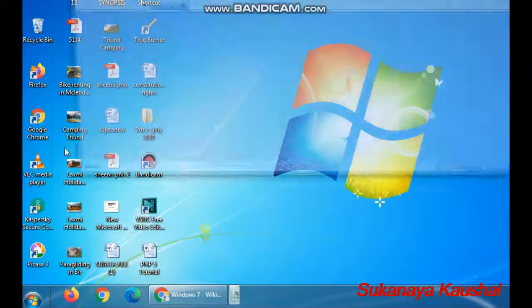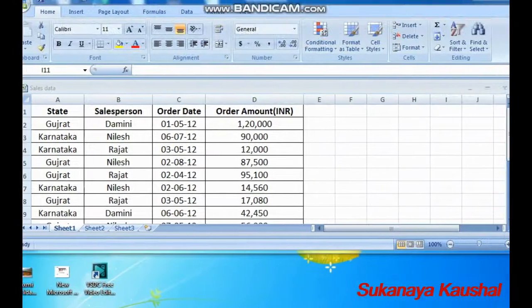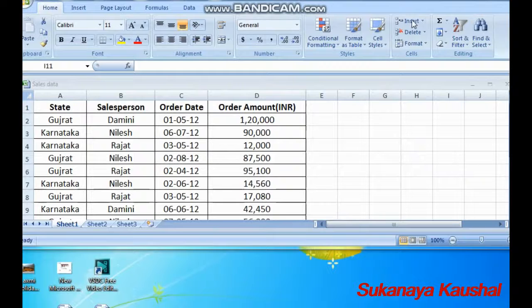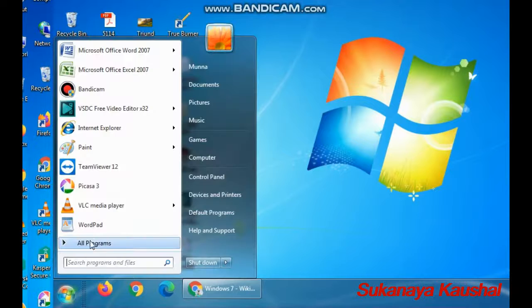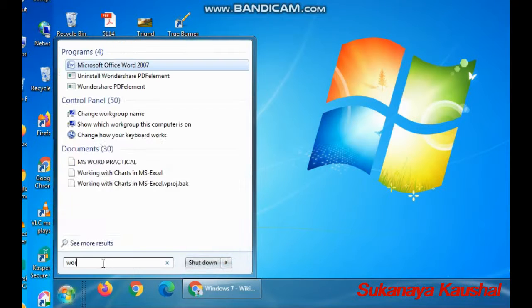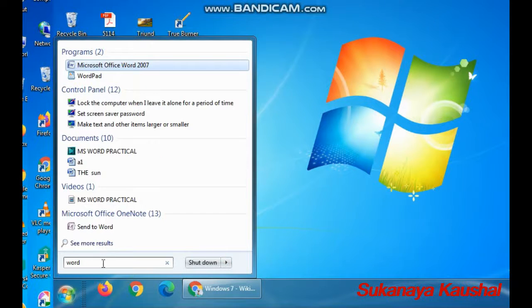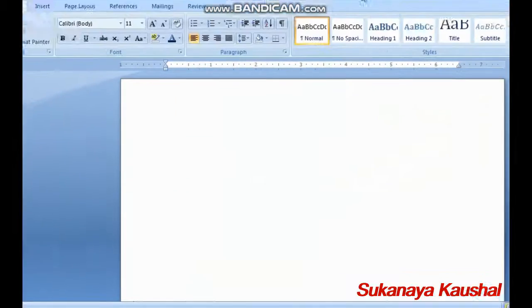Okay, I'm opening my file, and here it is available. Another thing available in Windows 7 is that I can also open programs or files. I can open Word by writing Microsoft Word, and I can open it like that.